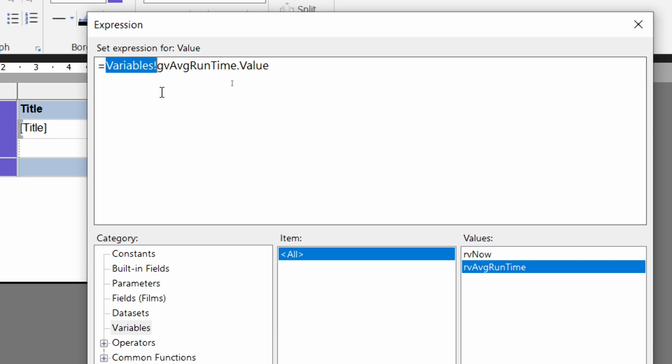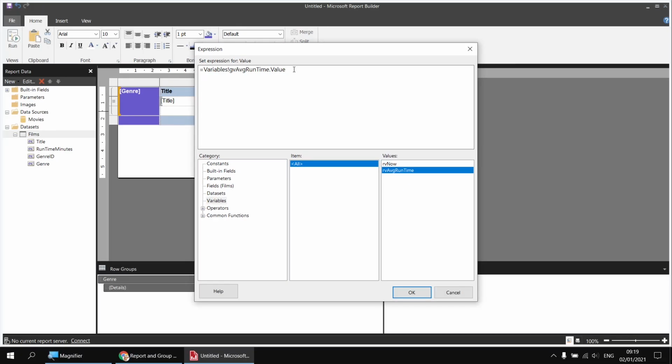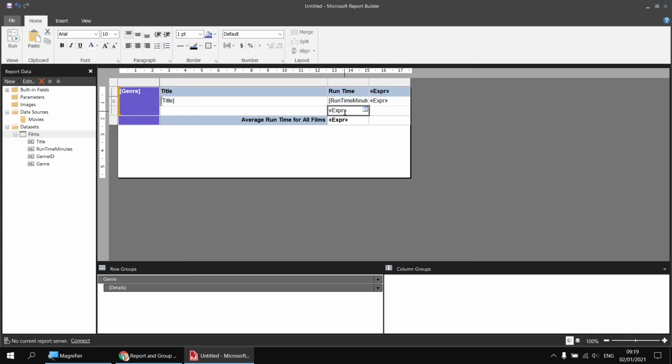You'll have the variables exclamation mark and then the dot value at the end, and all you would need to do then is modify the actual name of the variable. Anyway, having done that, if I were to click OK, I'm just going to apply the number format to that cell again, so it's formatted with 2 decimal places. And then I'll type in a quick title for that cell there as well. I'll say average